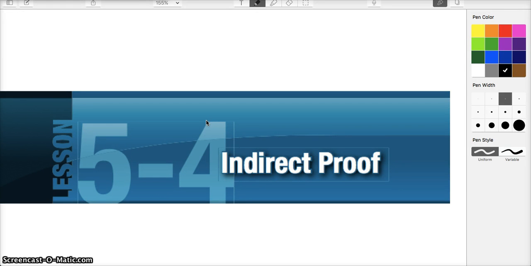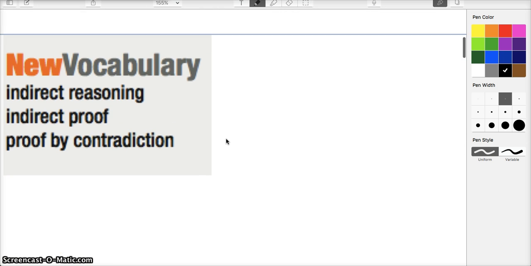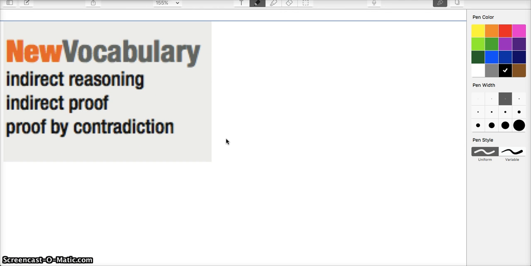Geometry friends, we are still in chapter 5, and what we're going to look at today in section 5.4 is the indirect proof. The indirect proof has associated with it the following vocabulary terms: indirect reasoning, indirect proof, of course, and proof by contradiction. A couple of things we're going to talk about, and I'll give you an example in just a minute, is that